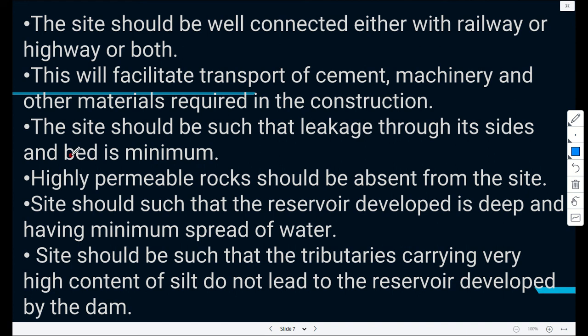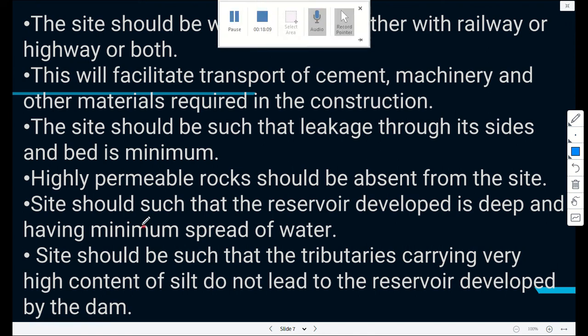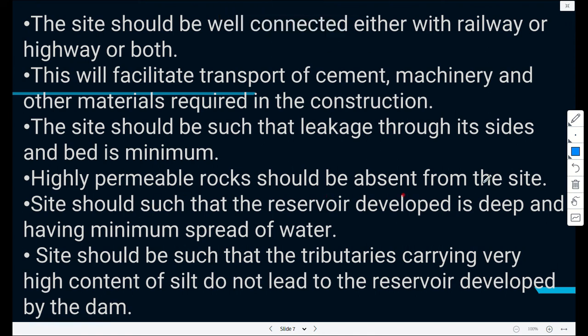Of course, it is impossible to prevent the leakage. However, you need to make it minimum, such that it doesn't lead to erosion, and then the dam will be swept away. Highly permeable rock should be absent from the site,